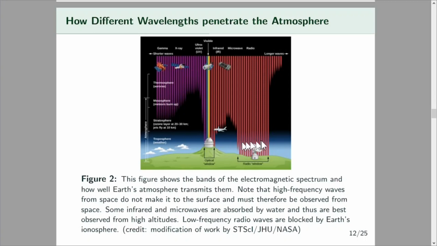But a lot of radio waves do go right through the atmosphere, and so this is why they're so useful for communication. We can shoot them to antennas a long way away, and they'll just travel right through the air like it's not there. Super long wavelength radio waves do not. So you can see that it wouldn't be useful to build a telescope for these wavelength ranges and leave it on the surface of the Earth, because none of the light gets through. And so if you want to build an X-ray telescope or a gamma ray telescope or an ultraviolet light telescope, you want to put those in space so they're not looking through the atmosphere.